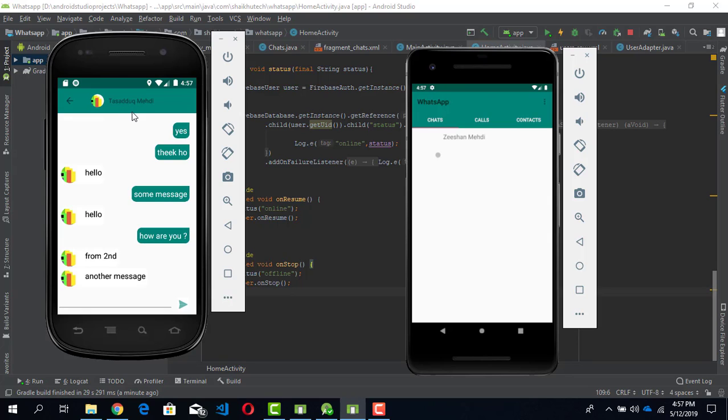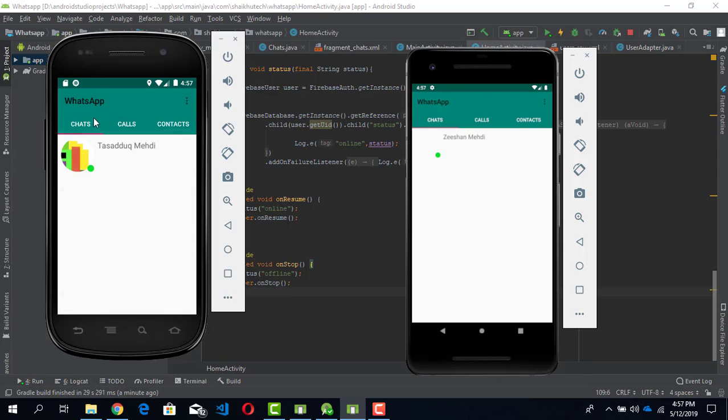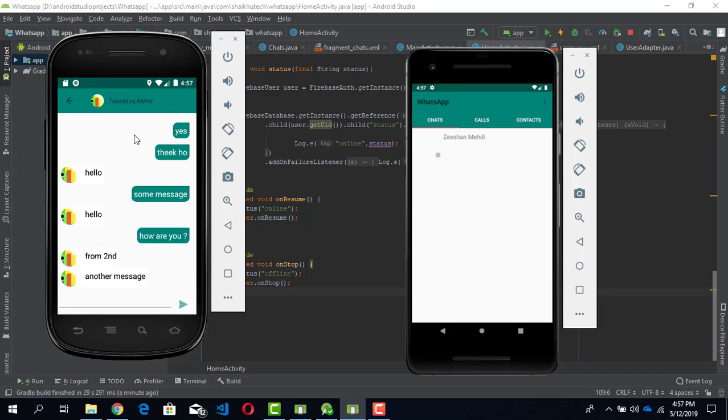Okay, so here's a little challenge for you: in this main activity, in this message activity, can you just make it here so that this should display online. And there is another issue I'm seeing, that as I leave this activity,